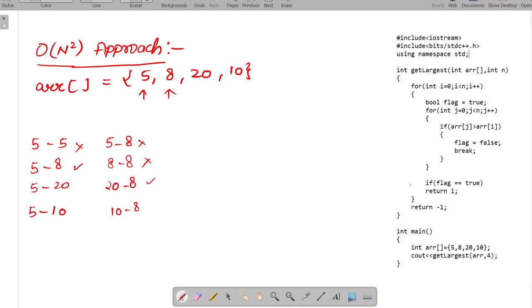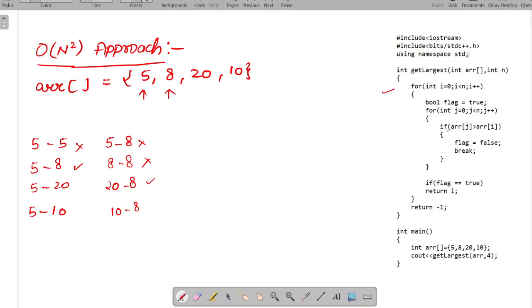So the loop will break over here. As you can see in this condition, first of all, we are running an outer loop, i equals 0, i is less than n, i plus plus. So it will run through the complete array, and then we are again traversing through another for loop, which is int j equals 0, j is less than n, j plus plus. So for each element we will traverse the array completely.